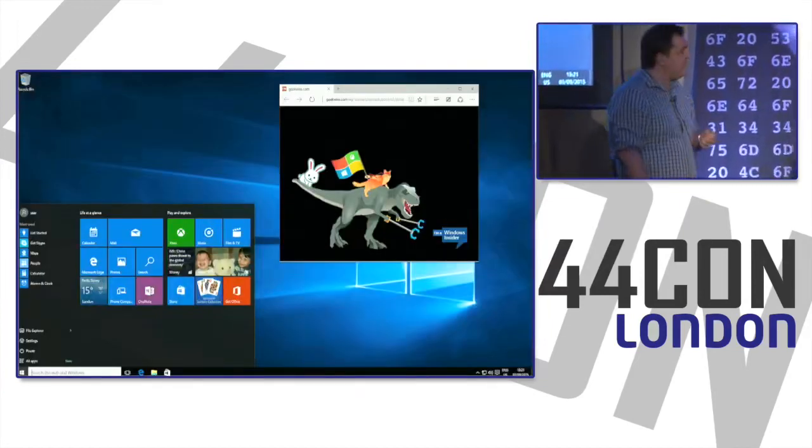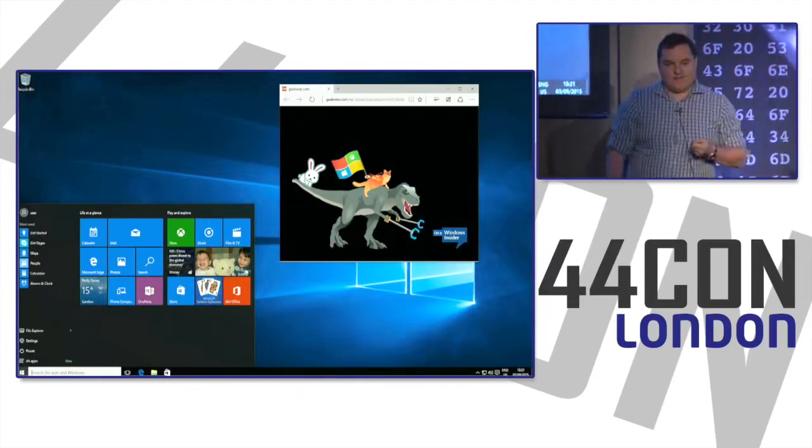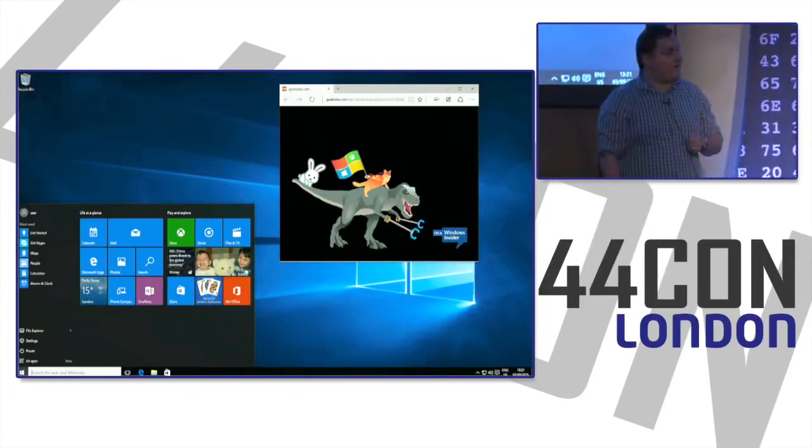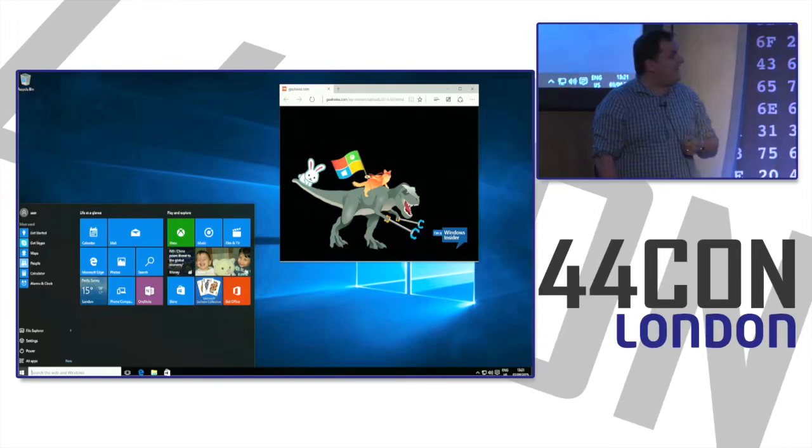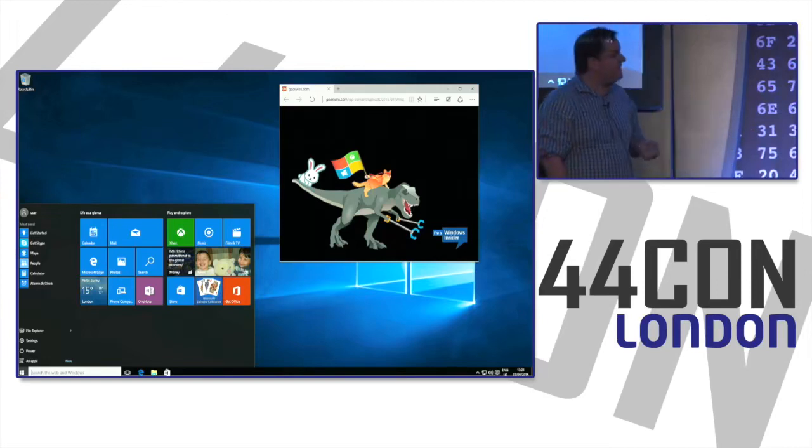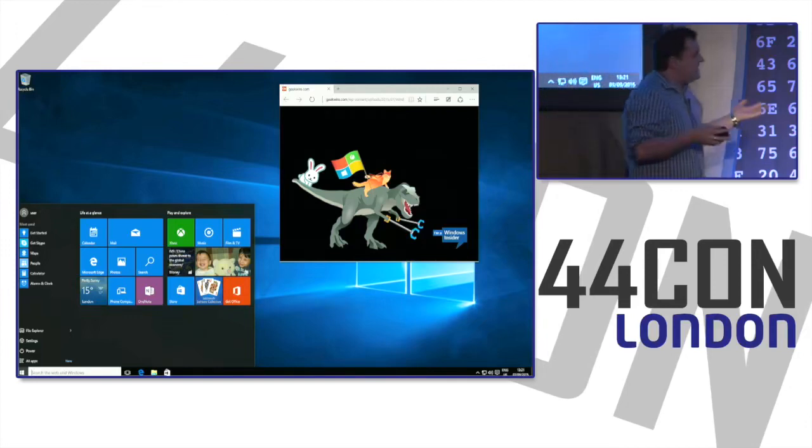So if you haven't actually seen Windows 10 yet, which I'd be surprised if you haven't at least seen something about Windows 10, it looks more or less like that. I would love to know how much money they actually spent on the awesome T-Rex with the Ninja Cat, because that is great. I really want a T-shirt, but obviously they haven't given me one yet, which is a shame. And yeah, you can get it.